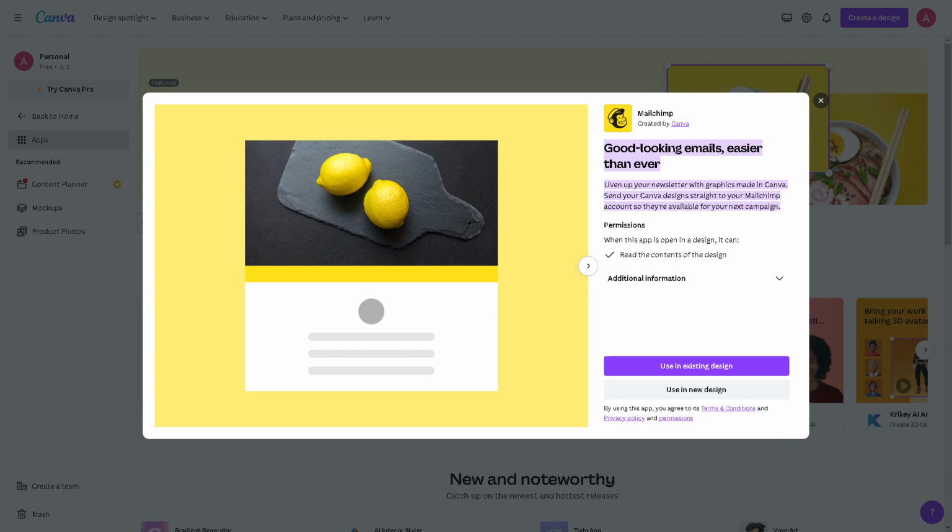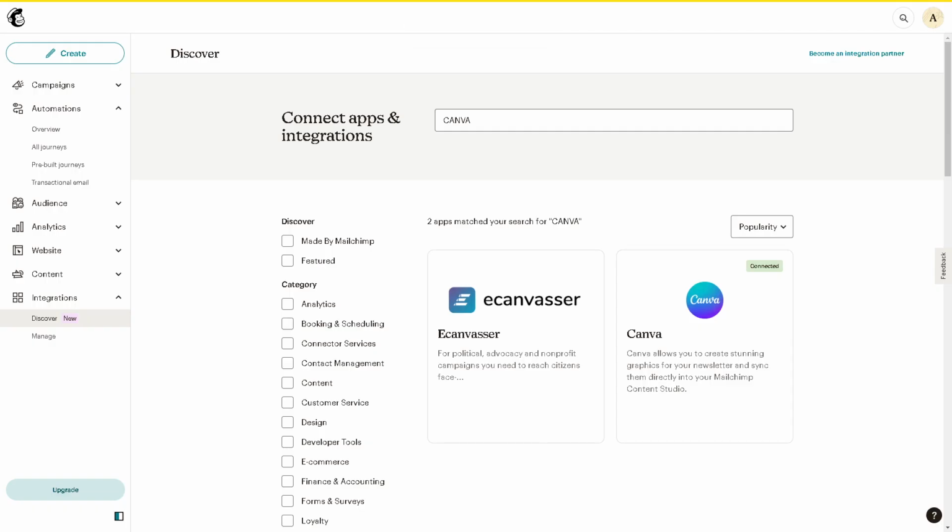In today's video, we are going to show you how to send a Canva newsletter with Mailchimp. So let's begin. The first thing you need to ensure is that your Canva is connected on your Mailchimp